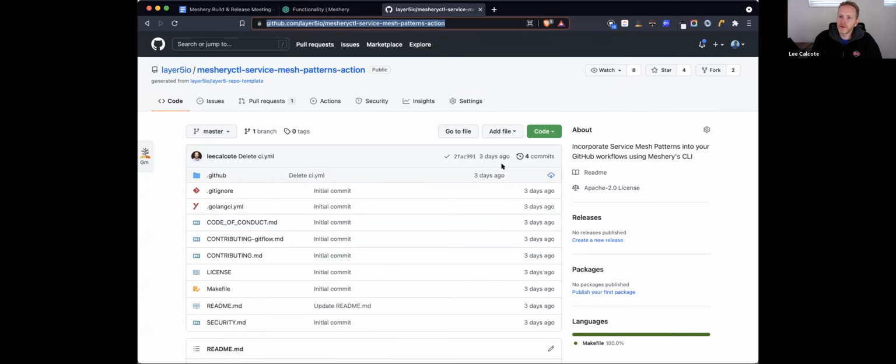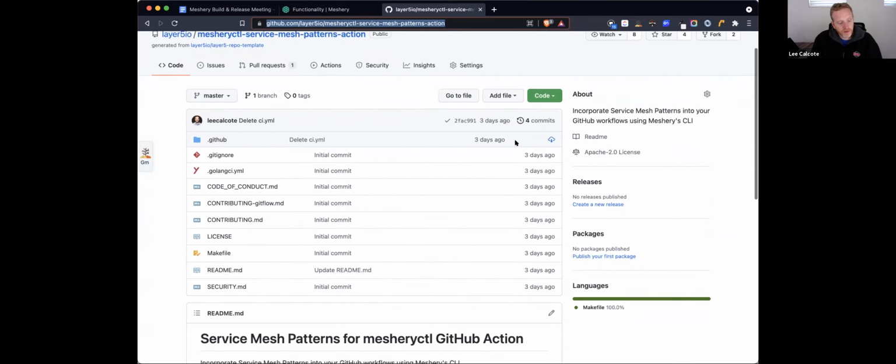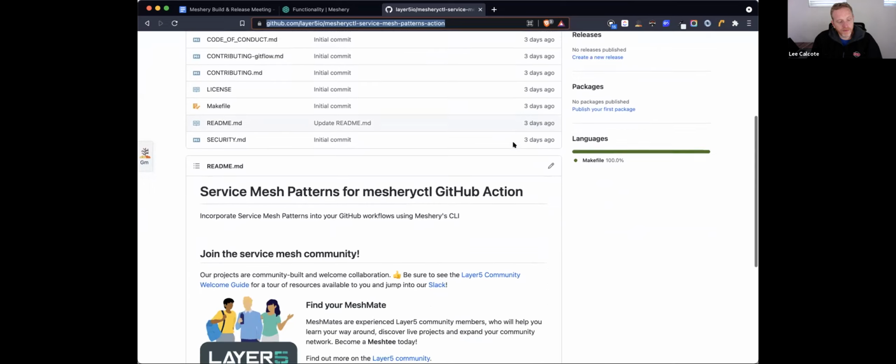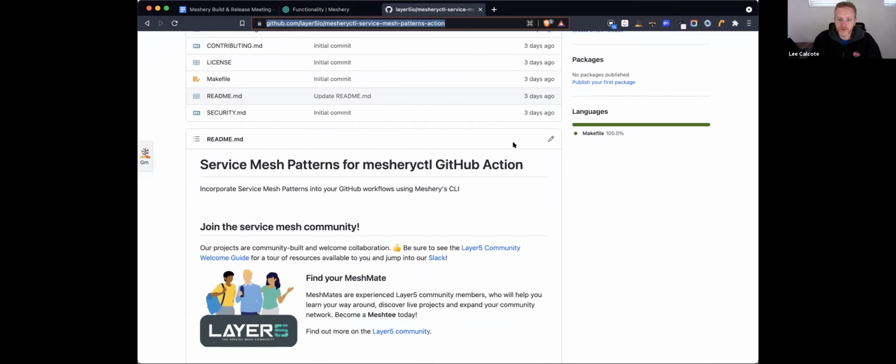Someone may say, look, we have a pattern that we use all the time, and we also have our own application that we use all the time. So they might want to deploy applications. If the pattern itself incorporates an application, that's one and the same.